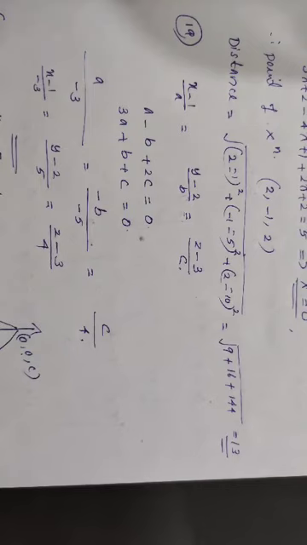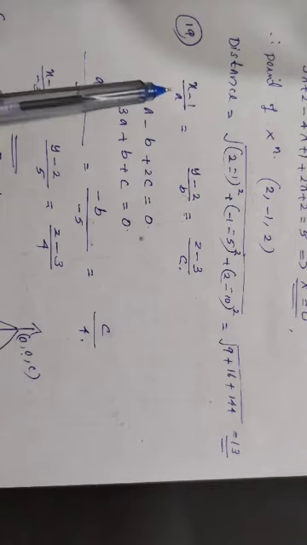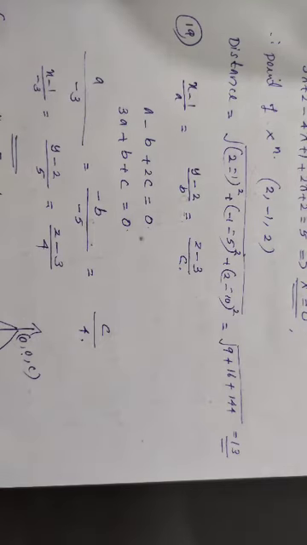Next, we have to find the values of a, b, c by using the second condition. The second condition is that the given line is parallel to the two planes. If a line and a plane are parallel, their vectors are perpendicular. Don't confuse. What is the condition for perpendicularity? The sum of the product of the direction ratios equals 0. Here the direction ratios of the line are a, b, c. How will you find the direction ratios of a plane? They are the coefficients of i, j, k.